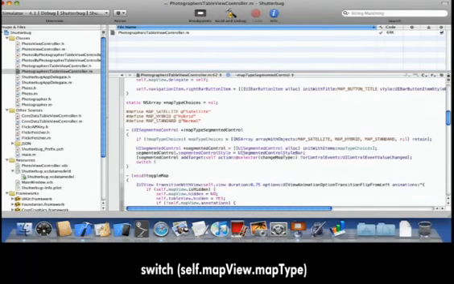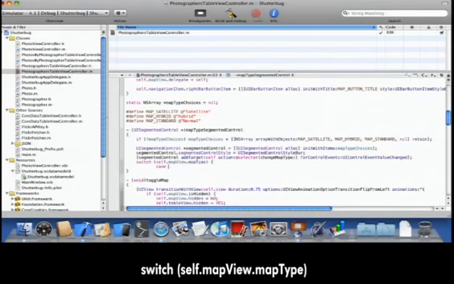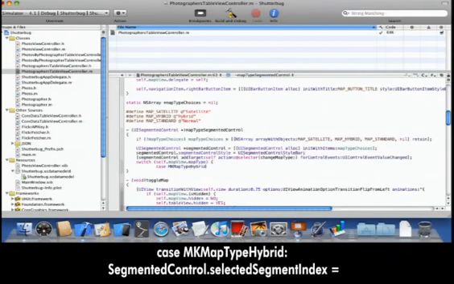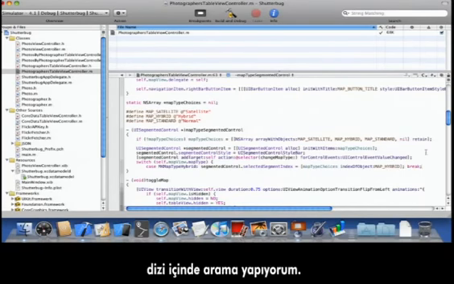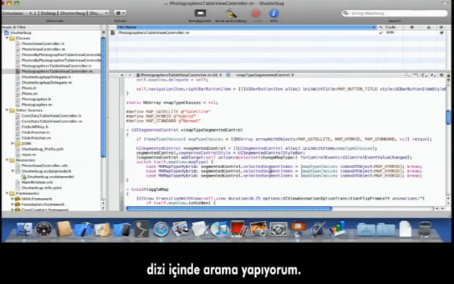Then I'm just going to switch on the current map type of this map view. And if it's the map type hybrid, then the segmented control selected segment index equals map type choices index of object map type map hybrid, break. Okay, so you see here's where I'm looking the thing up in the array,